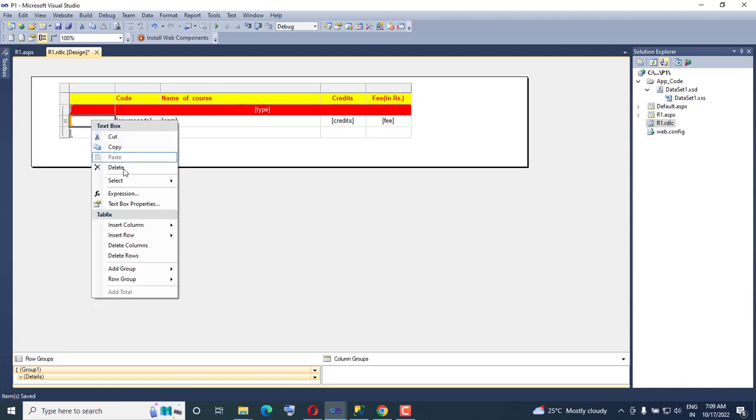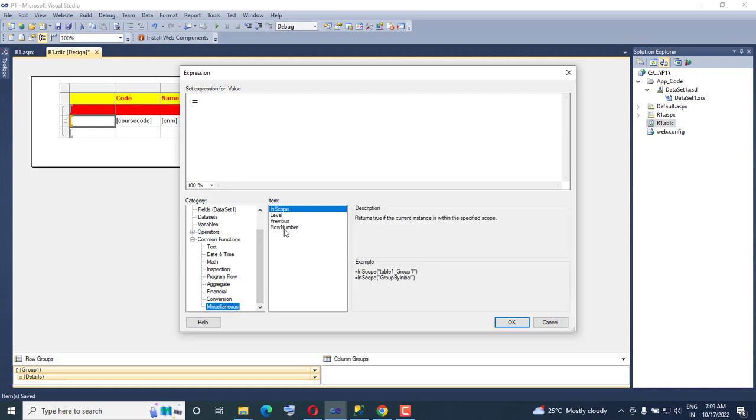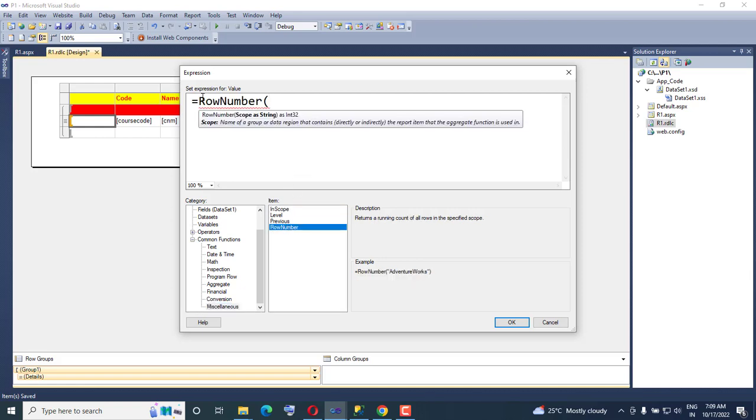So I click on the cell there and click on expression, and we have got functions available over here, and they are grouped. We have common functions, and then there are a lot of groups over here: text and math and inspection, and I'm going for miscellaneous, and under miscellaneous there is a function called row number. Okay, so functions are written with equal to followed by the name of the function and then the parenthesis. Now here in the parenthesis we need to give the name of the scope. Actually it is called the scope. Now I will just write group 1